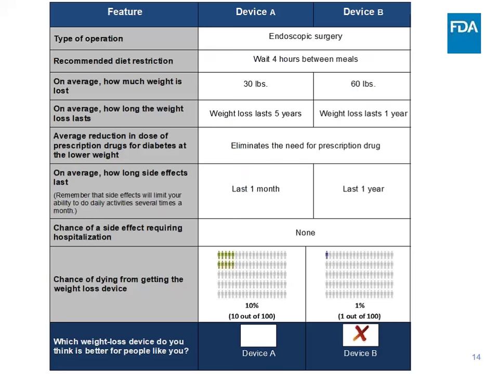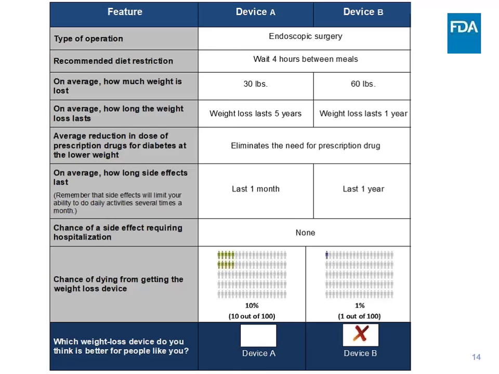Now, this is an example of the questions posed to our survey respondents. To those of you who subscribe to Consumer Reports, this type of product comparison would look very familiar to you. Here, each device is characterized by 8 different attributes. They are the type of operation, recommended diet restrictions, the amount of weight loss on average, the duration of weight loss on average, the average reduction in the dose of prescription drugs for diabetes as a result of weight loss,